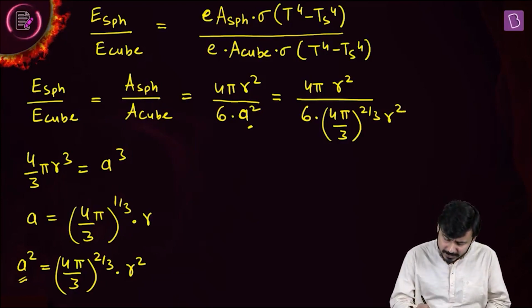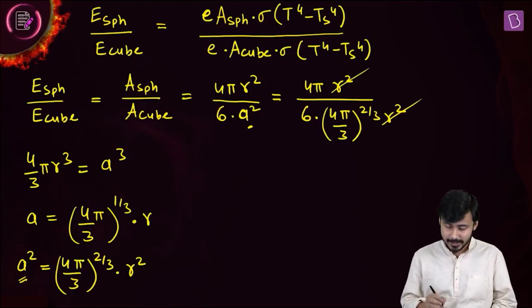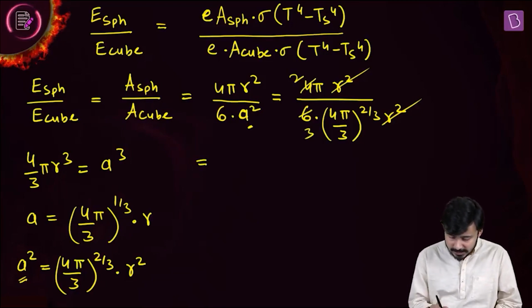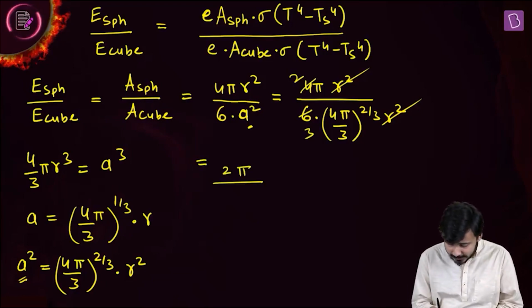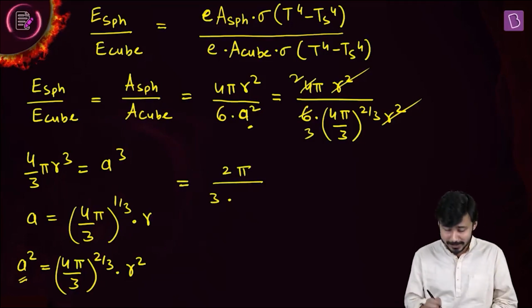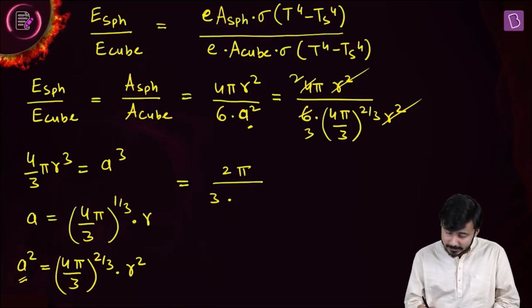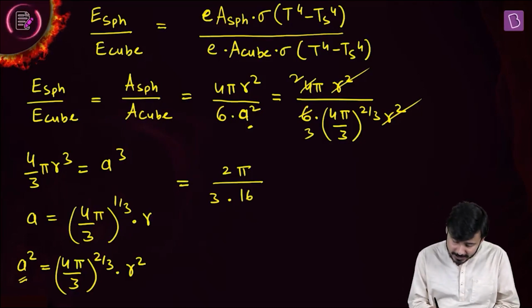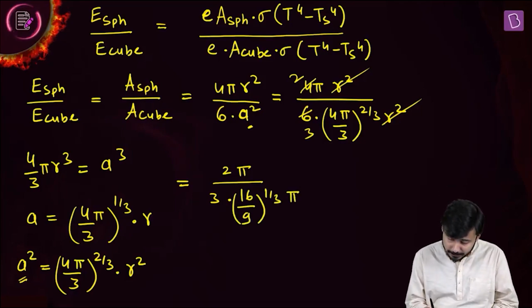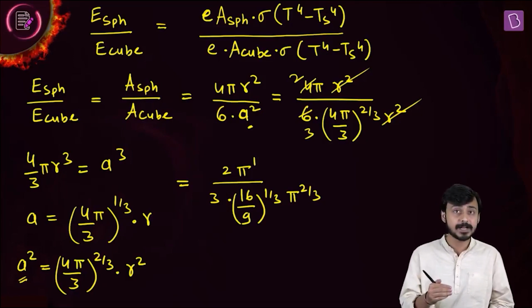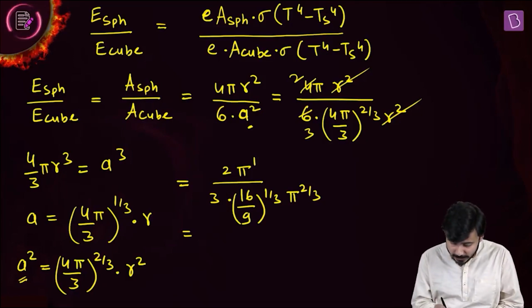A bit of mathematics. R square gets cancelled, and then this becomes equal to 2 pi by 3 multiplied by, please do not lose the focus, 4 pi by 3, I'll first square and then put 1 by 3. So (4 by 3) square becomes 16 by 9 whole to 1 by 3, and this pi becomes pi power 2 by 3. This is pi power 1 and pi power 2 by 3. Pi power 2 by 3 goes up, it becomes pi power 1 by 3. So this will be equal to,